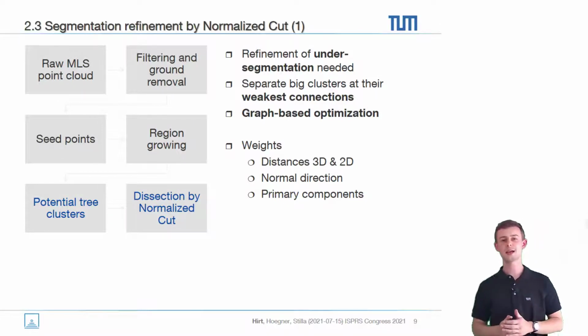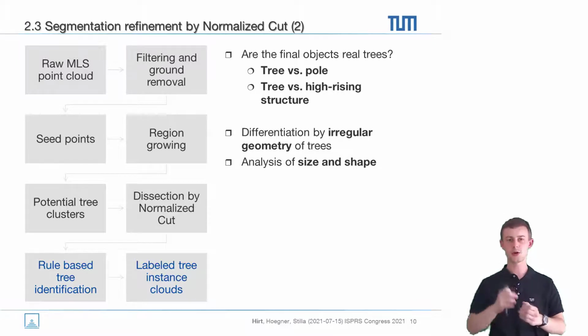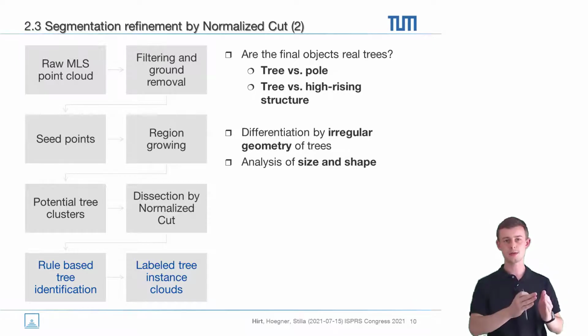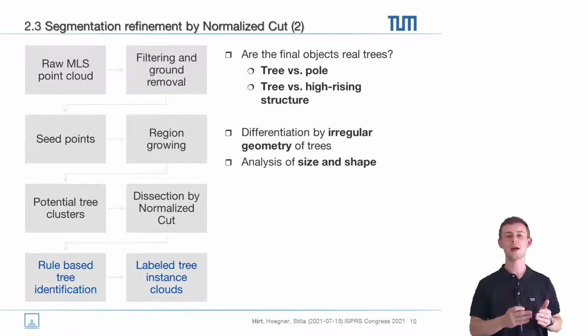In the last step, there is to be decided whether such an extracted object is an actual tree or something else. And these can be distinguished by their size and shape, because trees have a rather irregular shape, other human-built objects are more regular. This would be our workflow, and whilst doing that we also made some experiments on the